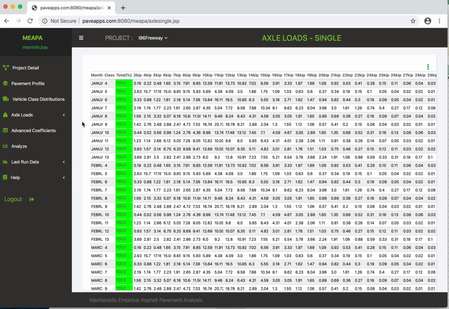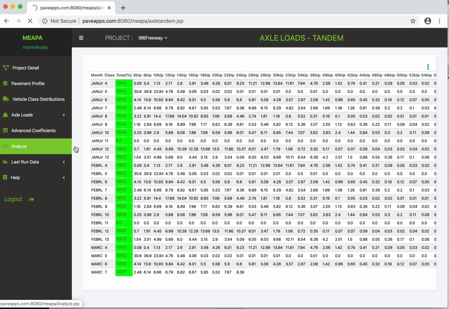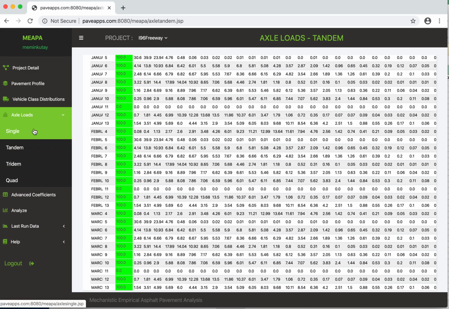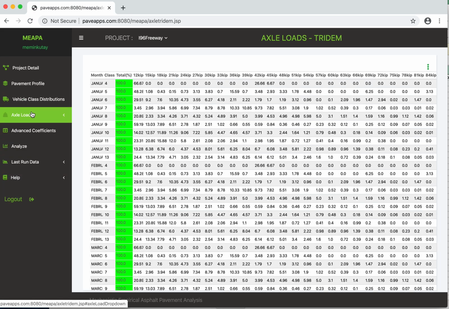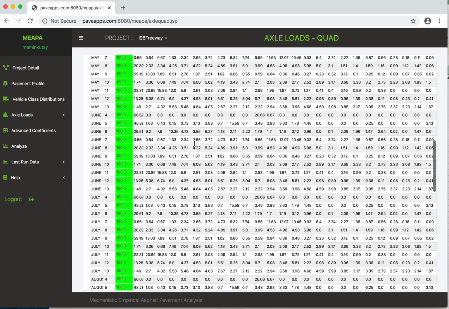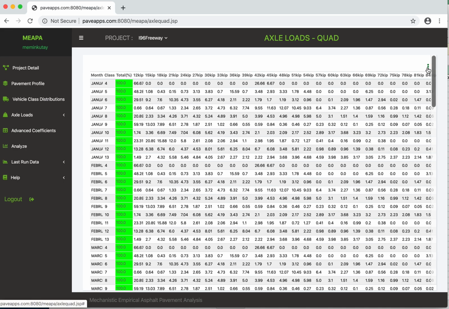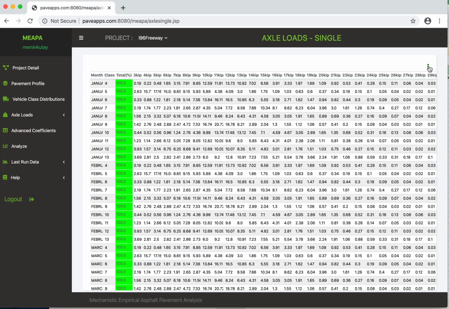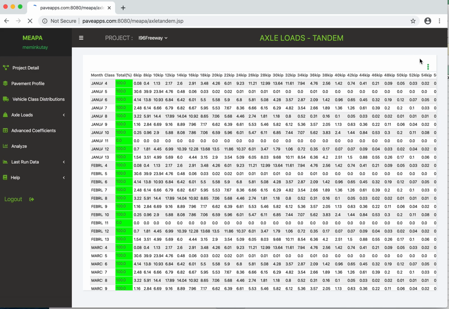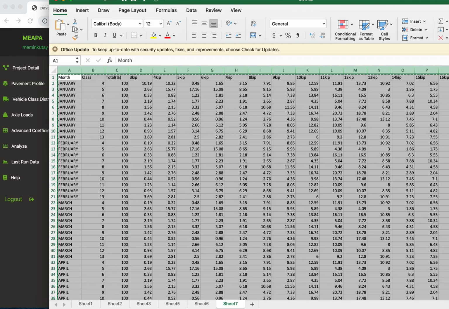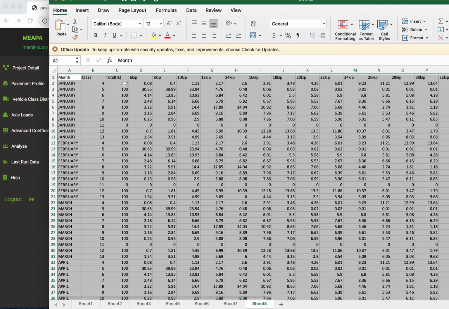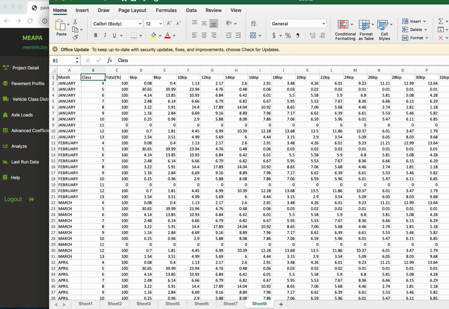Okay, so now this same exact method works for tandem axle, tridem axle, and quad axle distribution. So now let's just take one of these, and if you want to see how they look, let's look at the tandem axle this time. Copy the entire table. Let's see, paste here. So what I will do is I will just go to Excel's